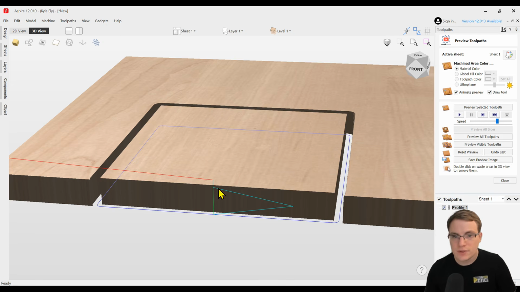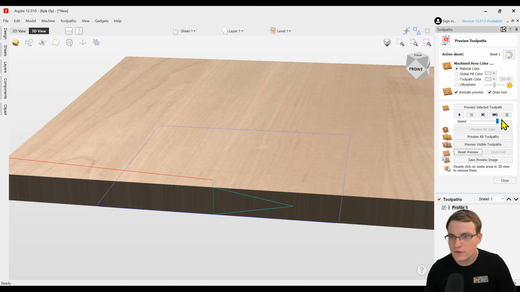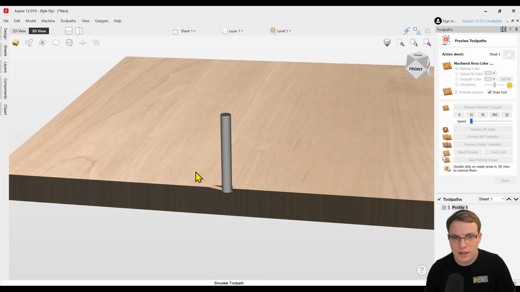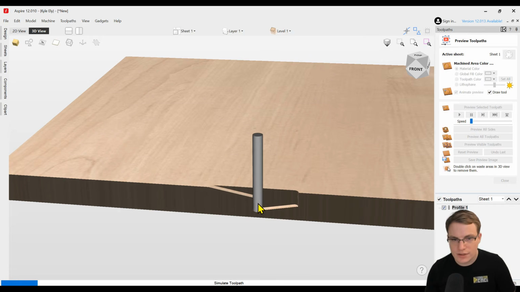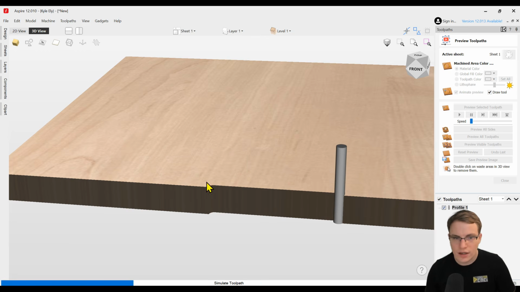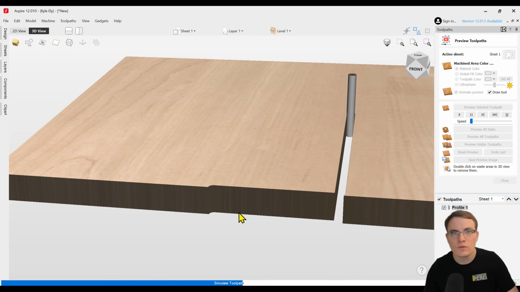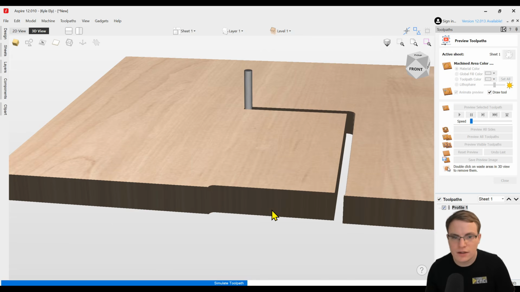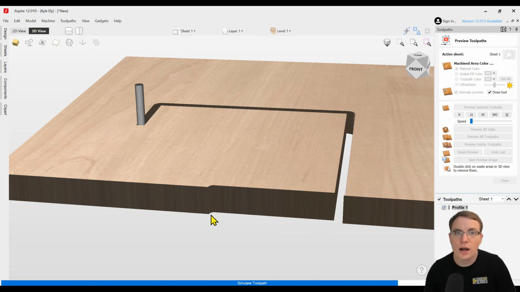And you'll see this specific ramp is going to be a zigzag ramp, it's called. So if I reset the preview and slow this down and preview it, you see it's going to come in at a ramp and then zag back, go down at a ramp, and then cut out the shape. And the zigzag helps remove some of that material away as it comes down and then comes back. That's one option